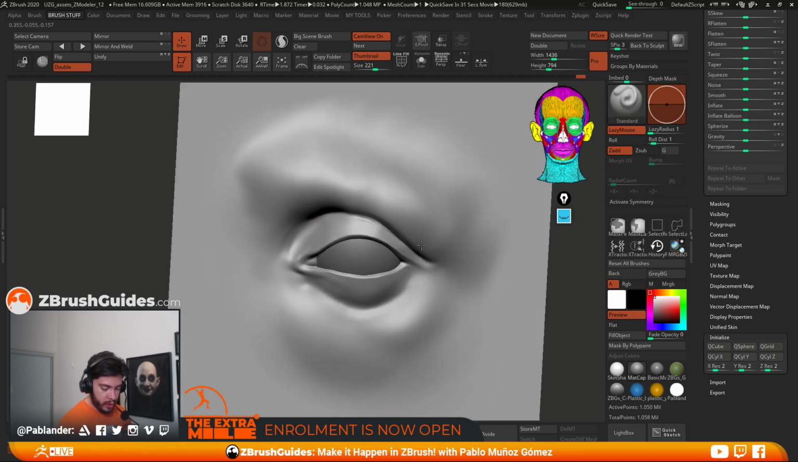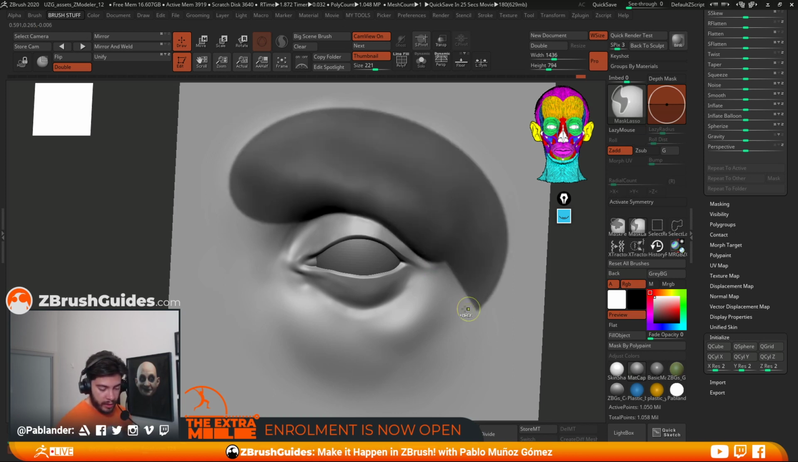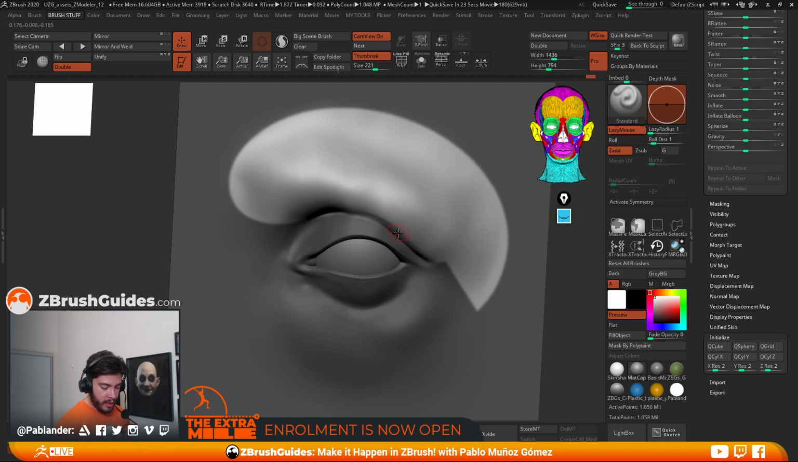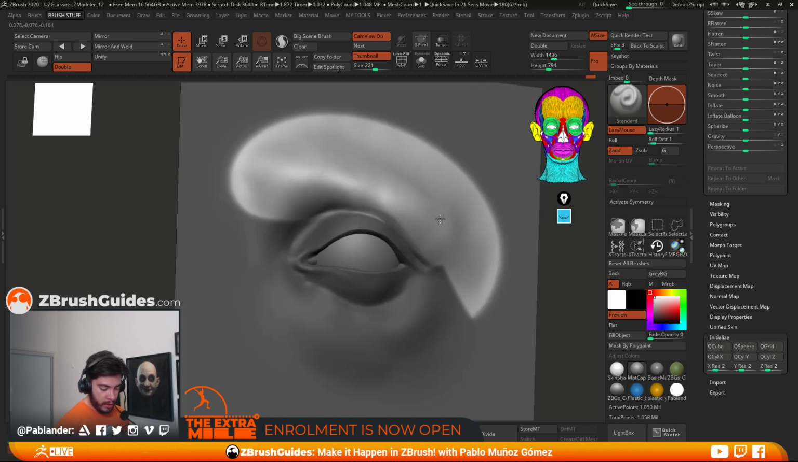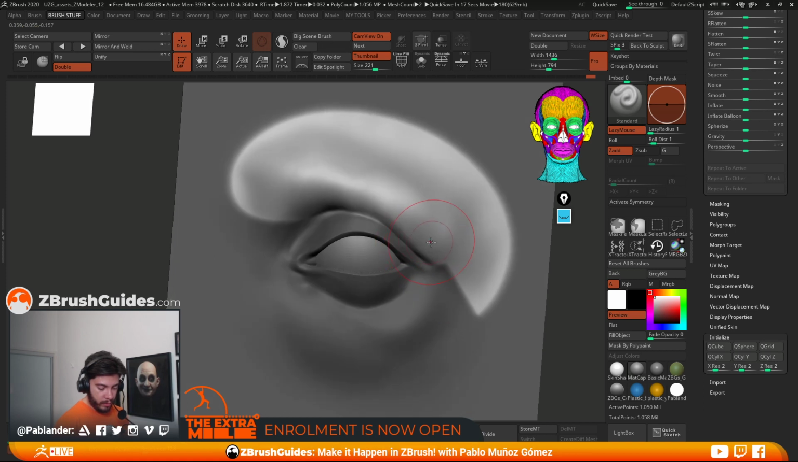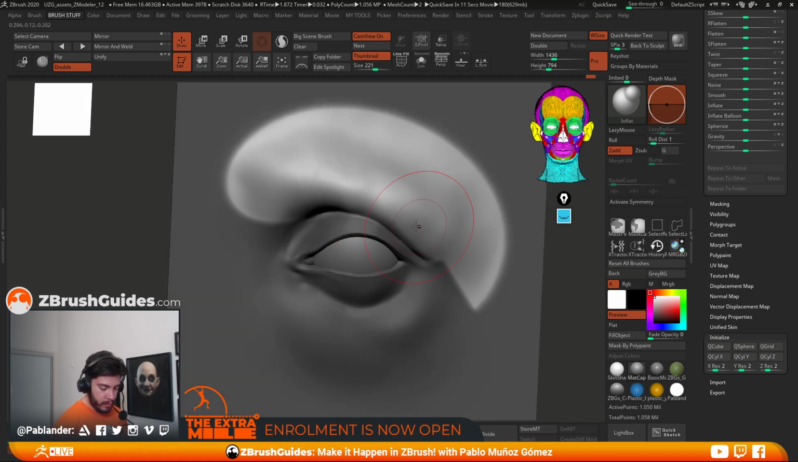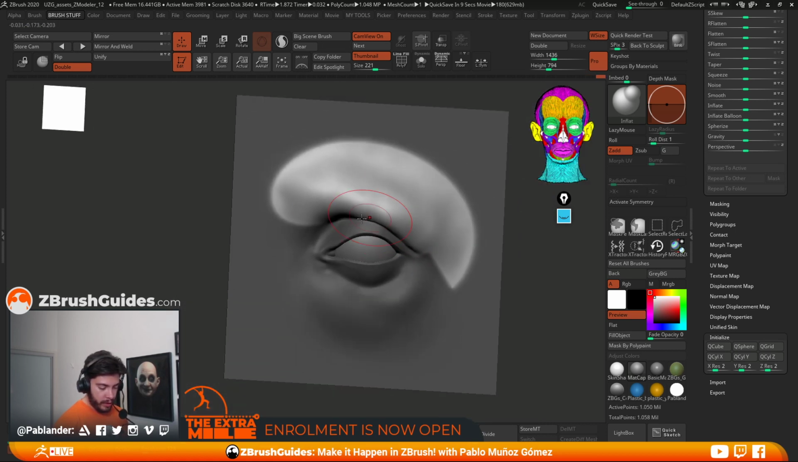So the other trick that I was going to show you is you can use the mask lasso to mask in an area like so. Invert that mask, probably blur the mask a little bit, and use the move brush or the inflate brush. So I'm going to use the inflate brush to sort of create this overhang